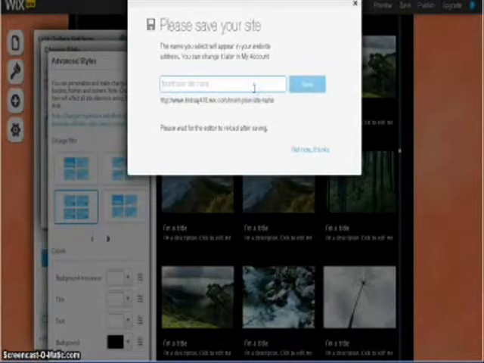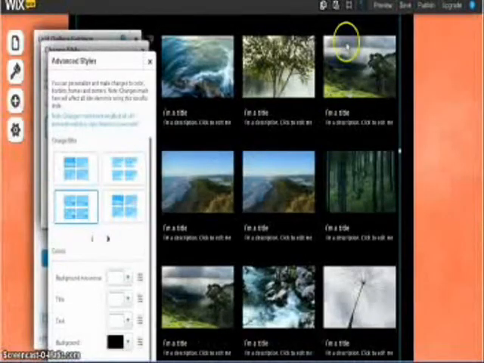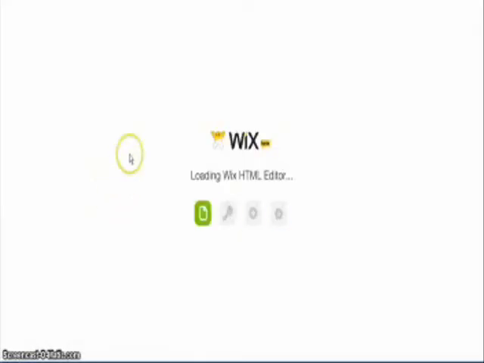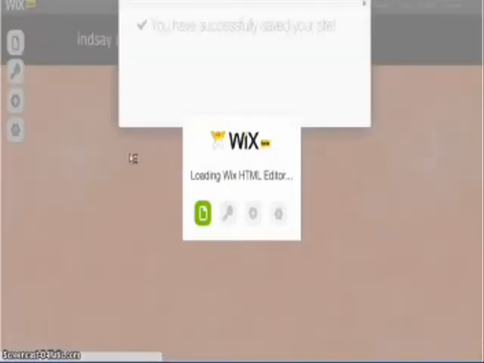So here it's just asking me to save my website because I haven't done that yet. So I'm just going to give it a name, test site, and save. So now it'll just save that for me. Alright,